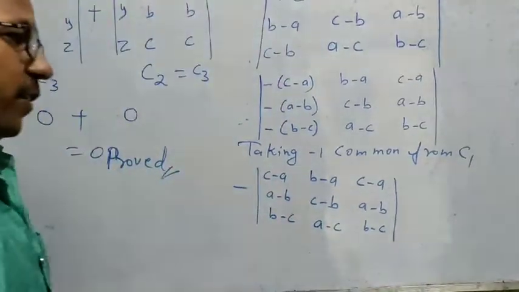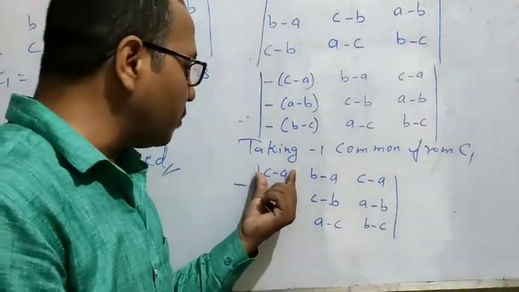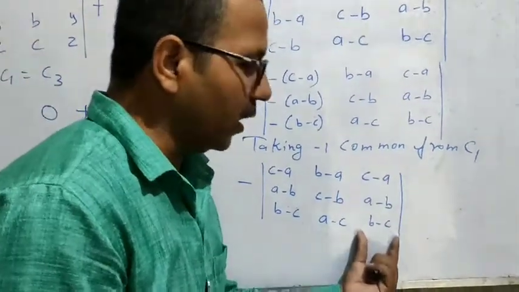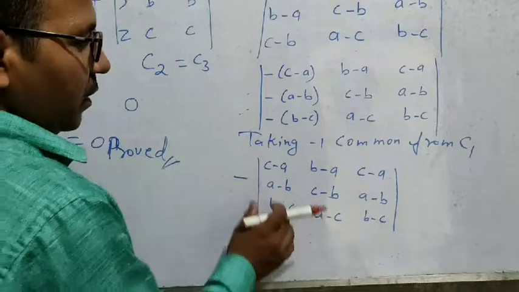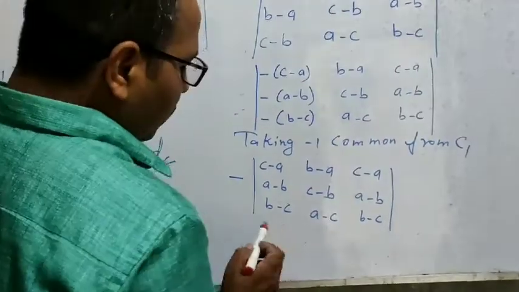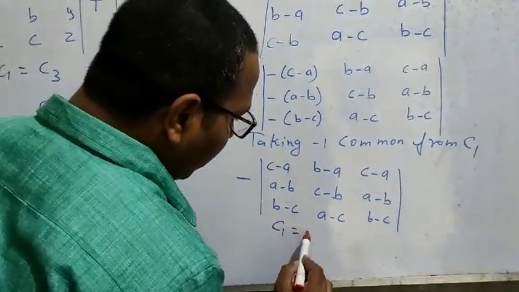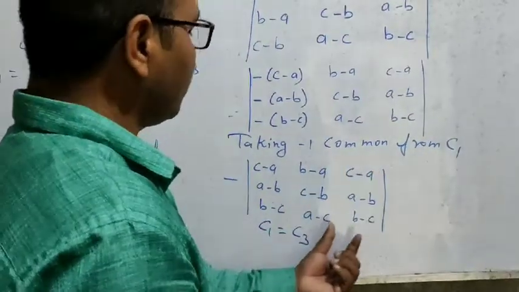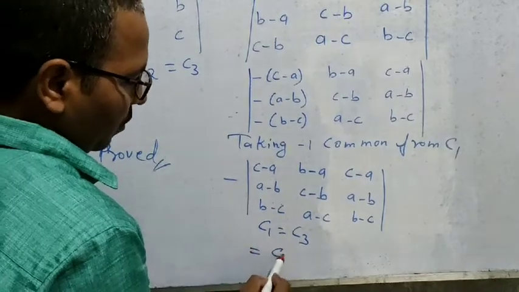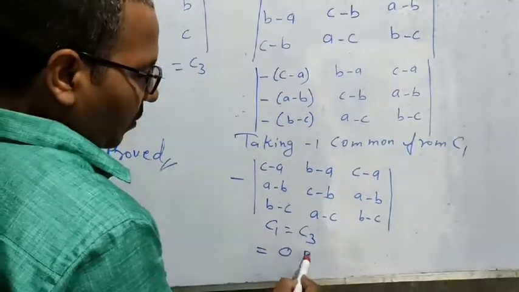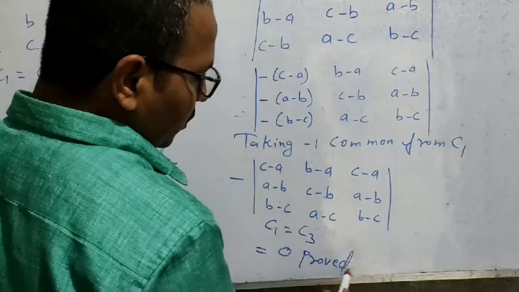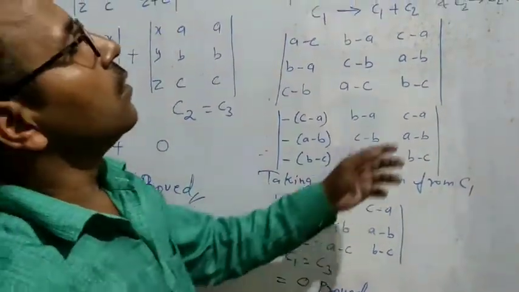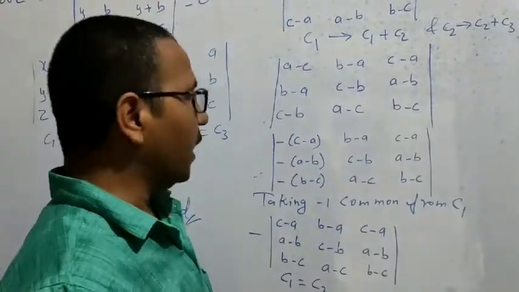So now students, what we are getting in the determinant is this: column first is equal to column third. As we have seen in the properties, that means property number three. So the total value of this determinant will become 0. Minus 0 or plus 0 means the same. 0 cannot be a negative or positive number, only 0 will be there. So we have got the RHS, hence it is true.